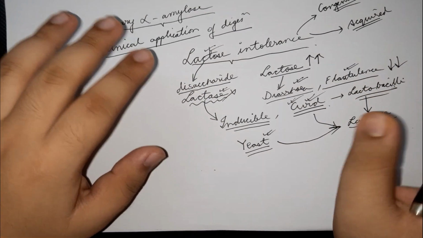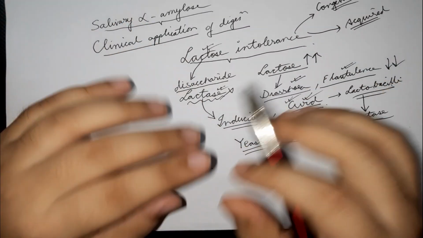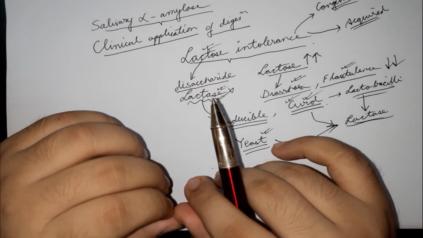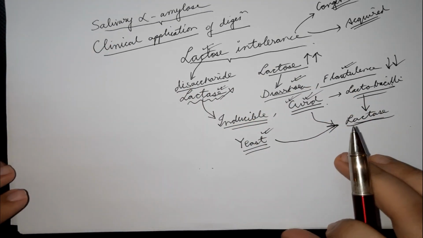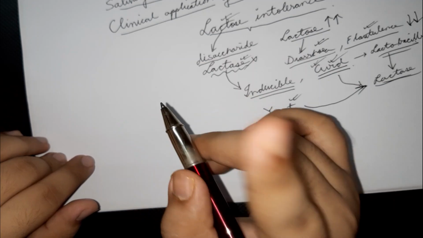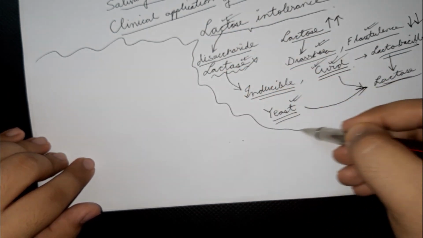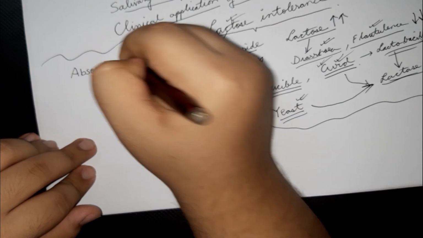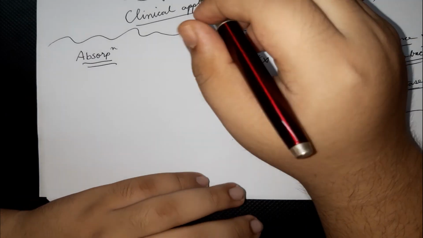So that's the clinical application of digestion of carbohydrates. The rest of the actual process of digestion of carbohydrates is very simple, and we have all studied it a lot of times. So I think the better thing would be to move on to more pressing matters. We move on to the next thing on our list, which is absorption of carbohydrates. This is important. So let me use the blank space here. No meaning of wasting pages. So, absorption of carbohydrates.